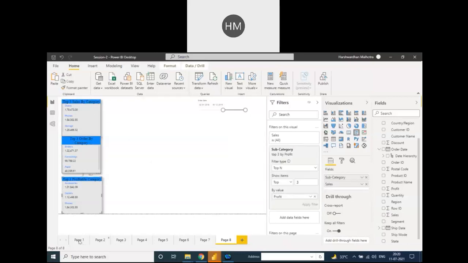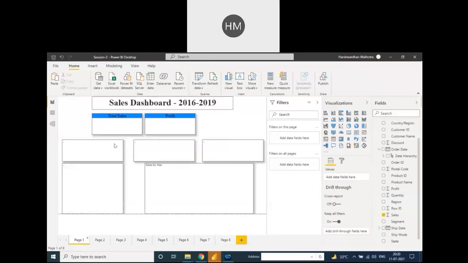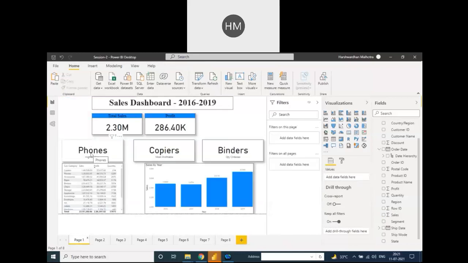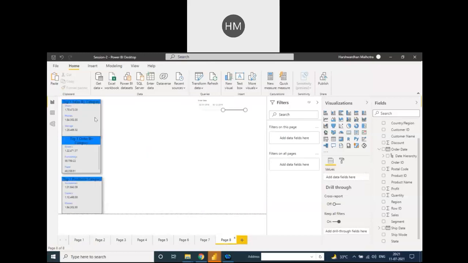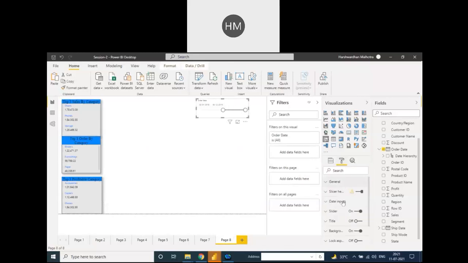On page one, I showed you a single category, and on page eight we are showing you the top three, as well as you may need a top 10, top 5, top 7. So you need to calculate as per the requirement and put it here.